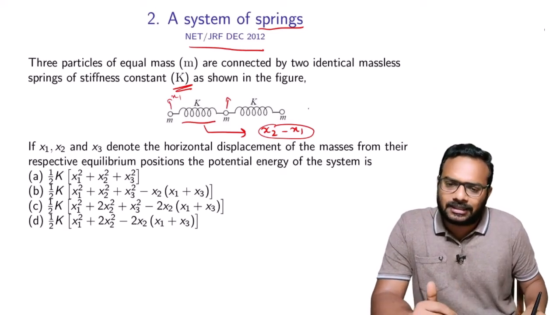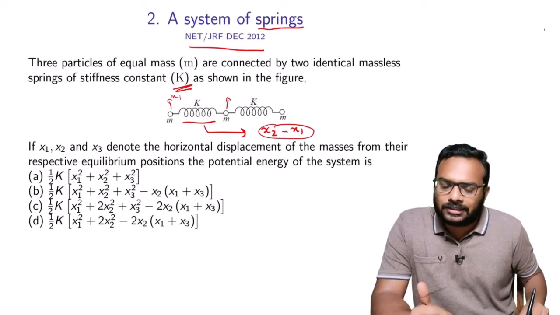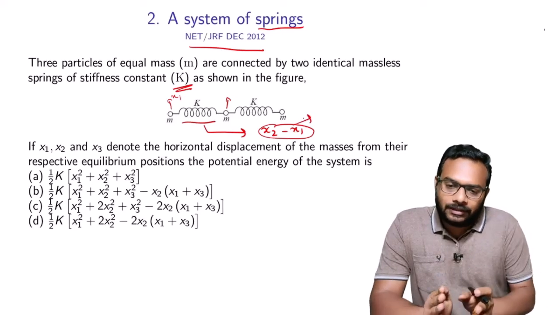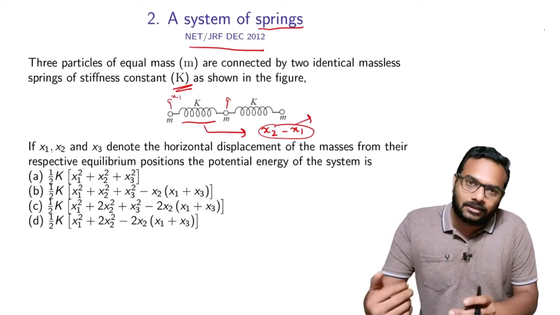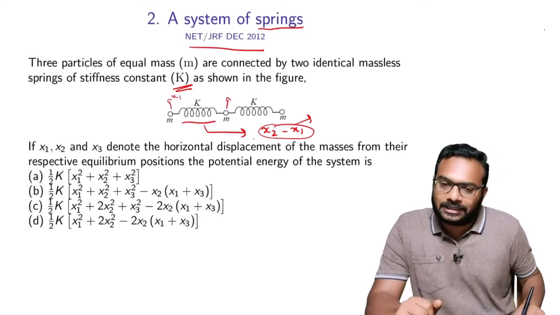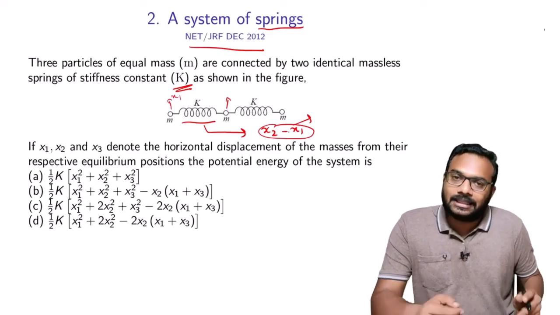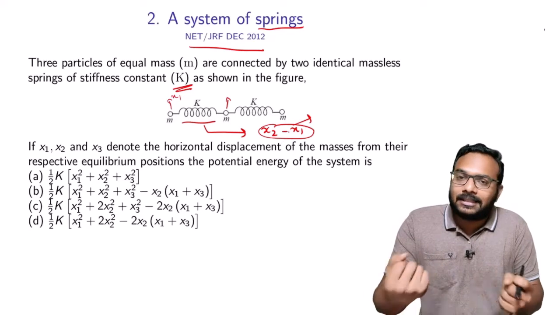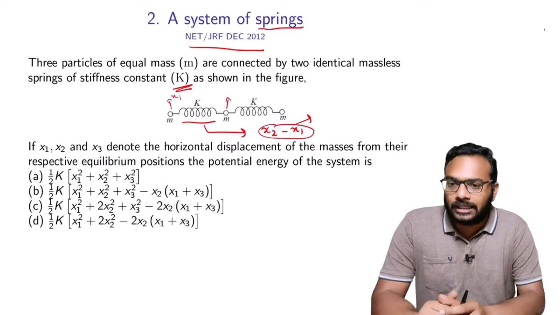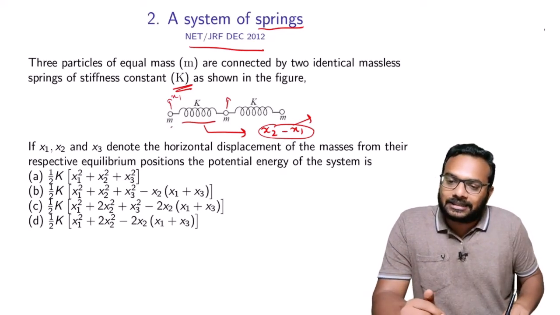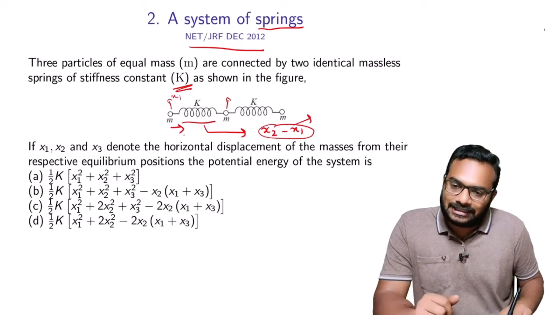You can just check this. If x1 is in the opposite direction, in the negative x direction, then this becomes plus, the extension increases, and the potential energy will increase. So if x1 is in this direction, if the displacement is in this direction,